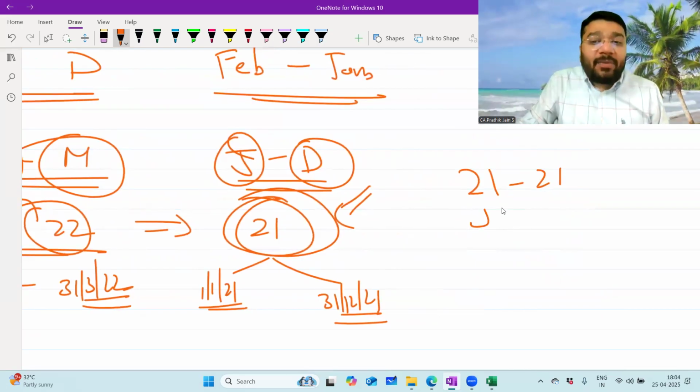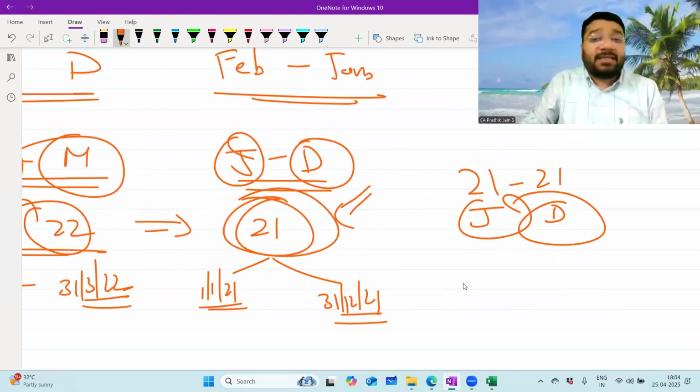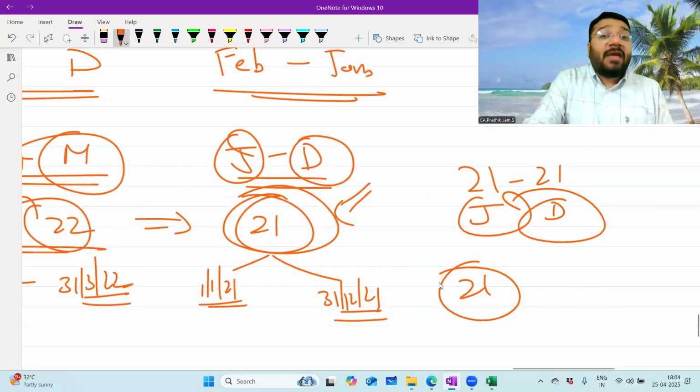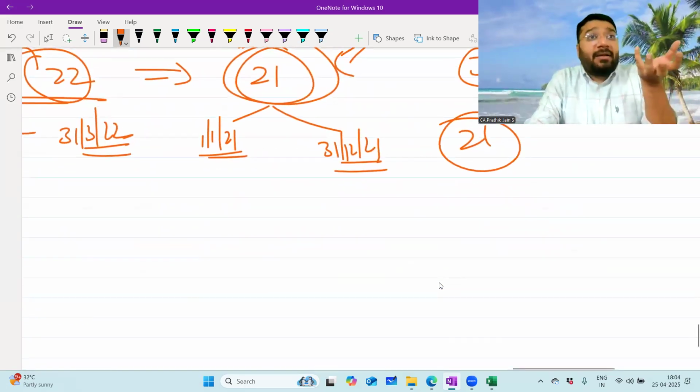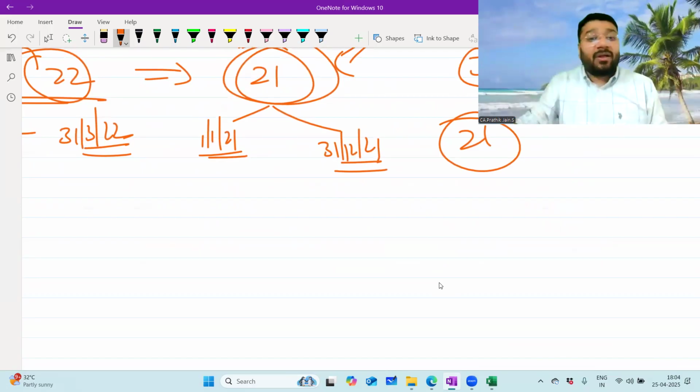21-21 means what? Jan 21, December 21. We don't write it twice. If both are falling in the same year, we record the year only once, which is 21. If I'm having a starting date of a different year and the ending date of a different year, now we